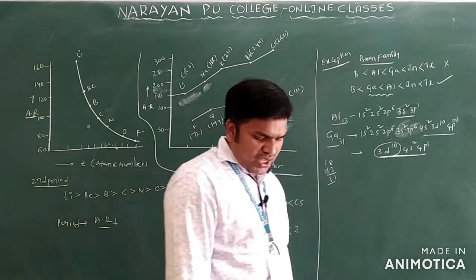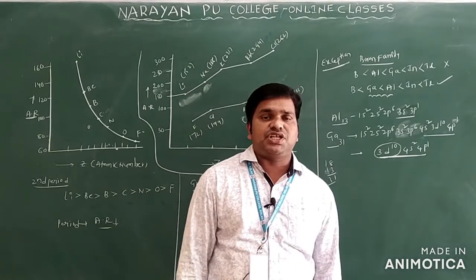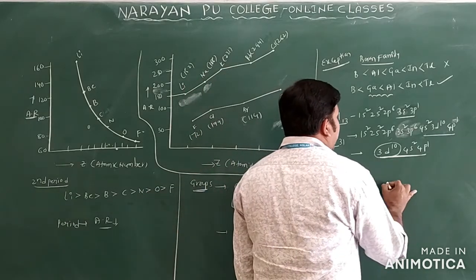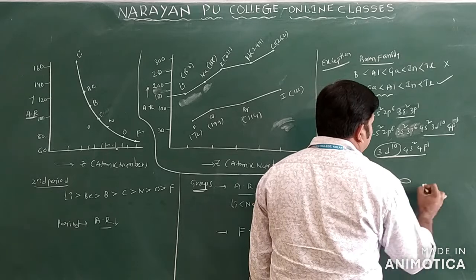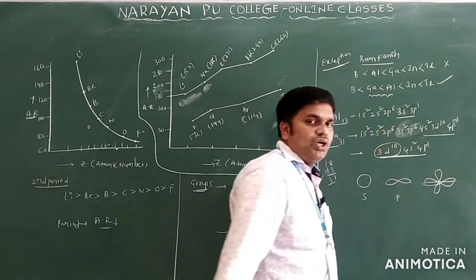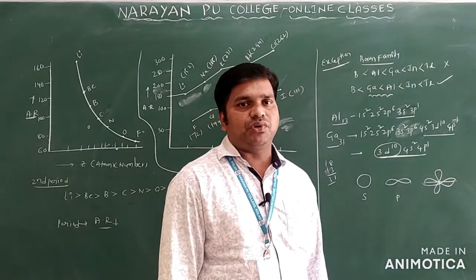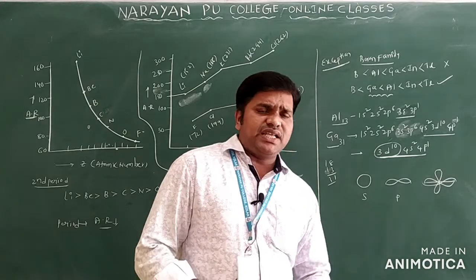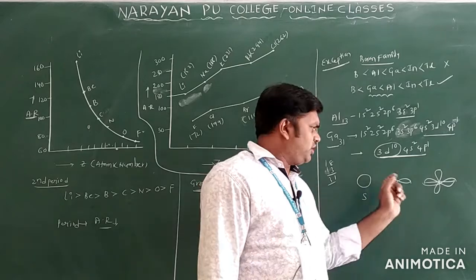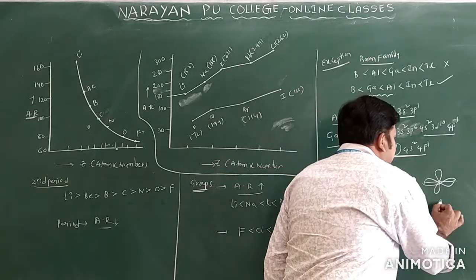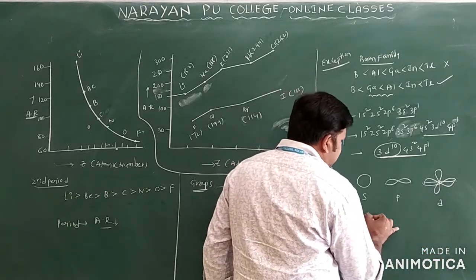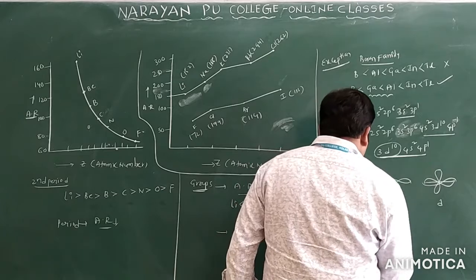3d10 orbital is there. Generally, the s orbital is spherical in shape, the p orbital is dumbbell in shape, the d orbital is double dumbbell in nature, and the f orbital is four-folded in shape. If you see the area, the area of the s orbital is small, the p orbital is a little larger, and the d orbital size is more. So area wise, s is less than p, less than d.